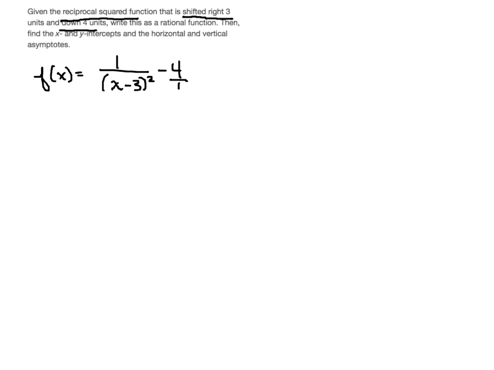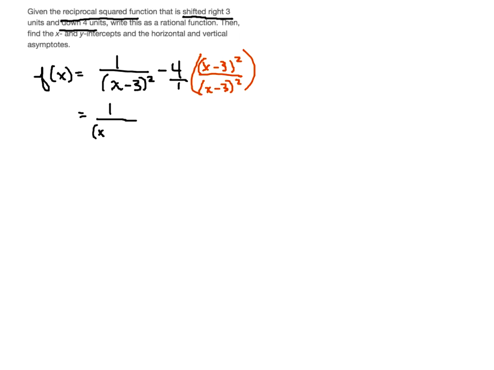So I have to do a little bit of fractional math here. That's really a 4 over 1. I need to get a common denominator. So I have to multiply by x minus 3 squared over x minus 3 squared so that my denominators are common. And that gives us